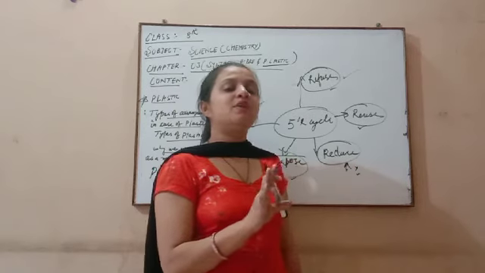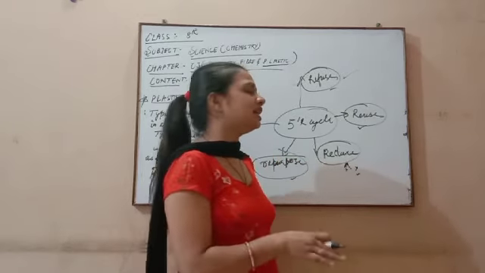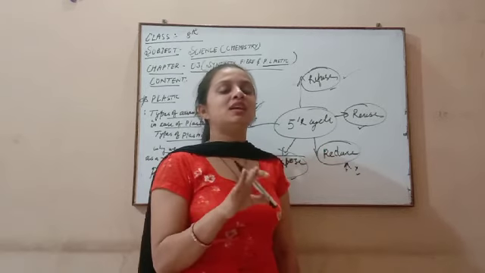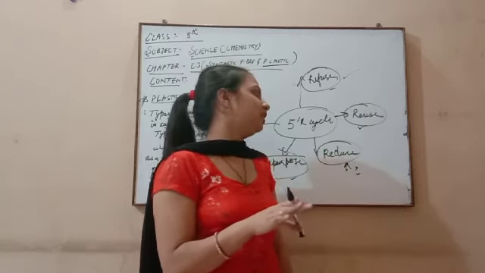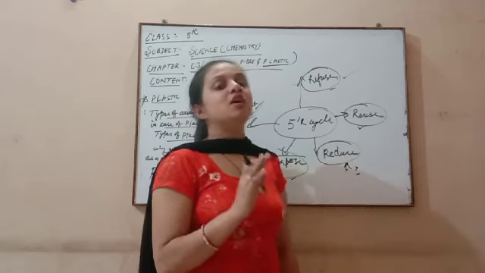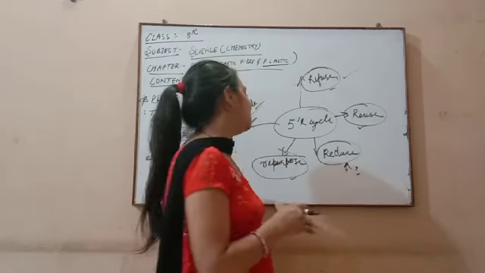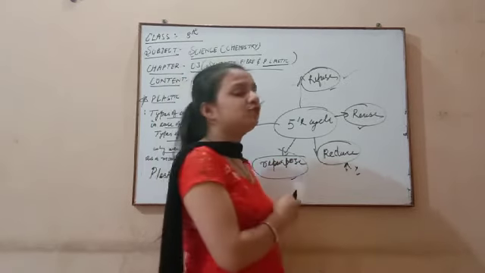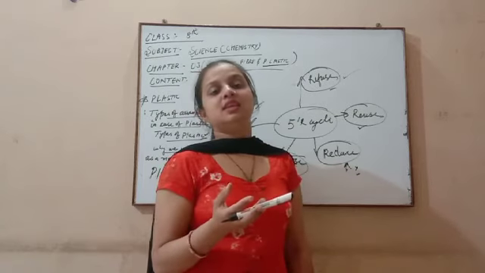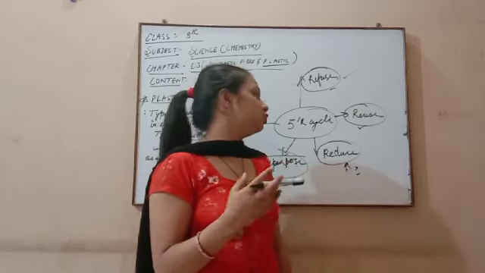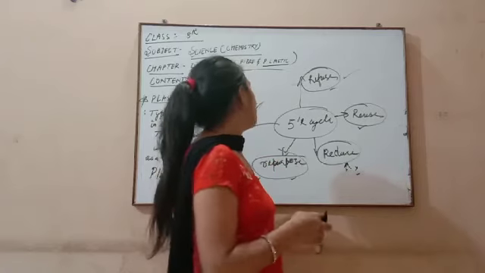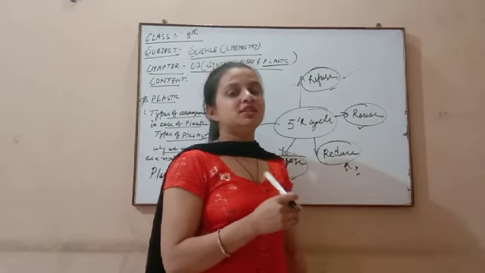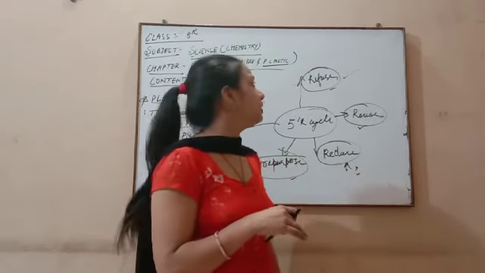So we avoid first the use of the plastic. Second one, we reuse the thing whatever we use again. Third one, we reduce the things which are made from the plastic. And fourth one, we repurpose, means we use the plastic things other than the purpose which they were used for originally. And fifth one, we recycle it, and it will be changed into a different form.